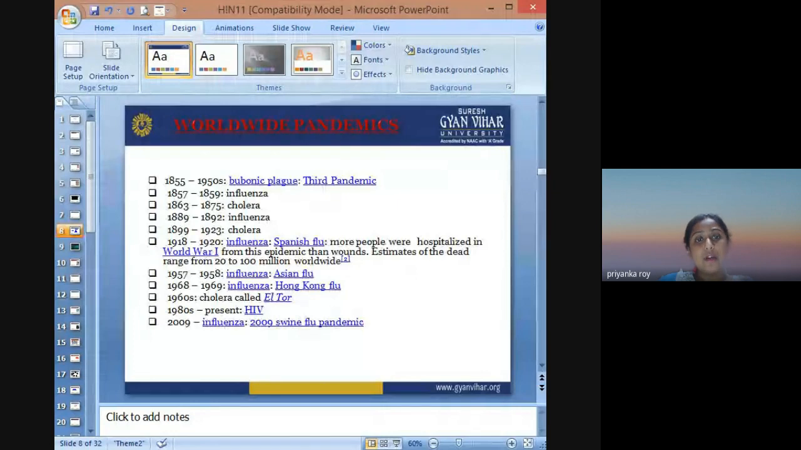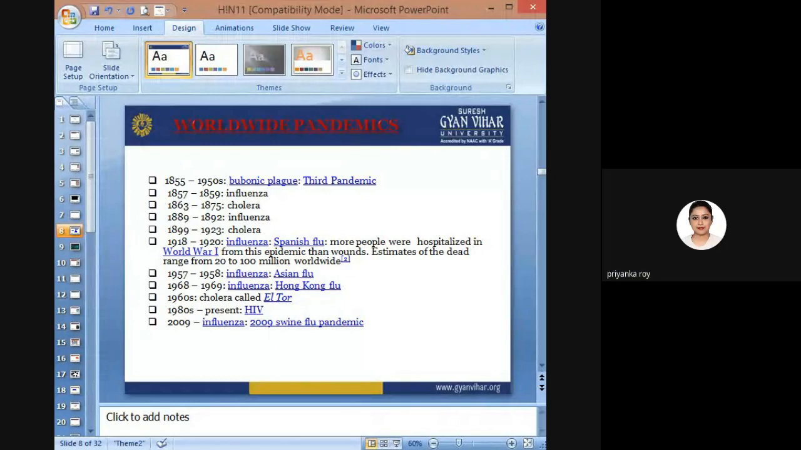Then again in 1957 we had influenza, the Asian flu. You can call it influenza or you can call it Asian flu, which again affected a large population of India. Then in 1968, 69, the Hong Kong flu. Then El Tor, that is a cholera called El Tor. It affected Italy, the Roman region, the Mediterranean region. Then in the 1980s we had